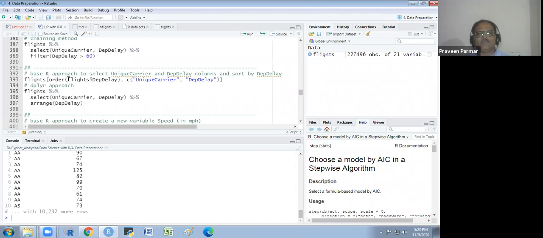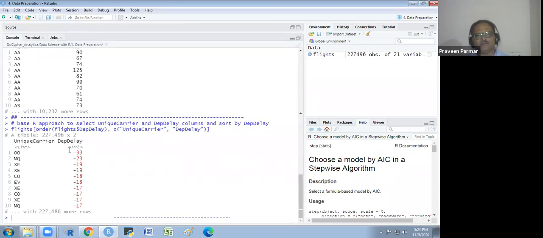Here you see a question. I have taken the R base approach where I am not using any select or filter function. I am just using the square bracket for mentioning the row and columns. So here I am mentioning the order by the departure delay, and I am taking two columns, the unique carrier and the departure delay. Before the comma, we write about the row. Row we are arranging in some order, and column we are selecting. So I run this, and I will get it. Before 33 minutes the flight came, before 23 minutes, it is the departure delay in ascending order.